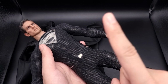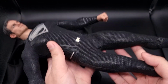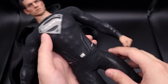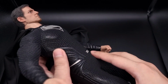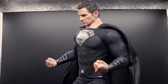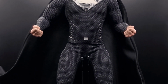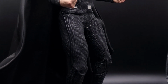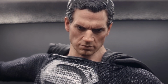The very first thing you'll notice about the figure out of the box is the weight. It is an incredibly heavy and dense figure compared to what you usually get with 6th scale figures. The entire body is made out of a solid, hard plastic that is very dense and does not feel hollow, which is probably why the figure is so heavy. But the body itself does have some upside, namely the fact that it's fully sculpted with large detailed muscles that ripple through the skin-tight suit. It really gives you the sense of an imposing and intimidating Superman, which are mainly the vibes I'm getting from